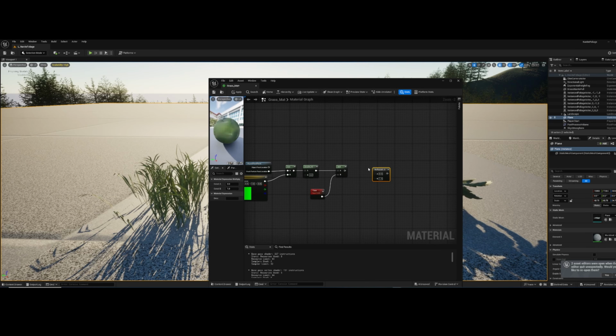Okay, from here, just multiply it by a value of, let's say, 0.5. So we want to reduce the intensity a bit and just half it like so, plug it into a sine,